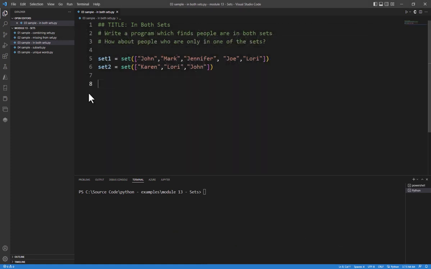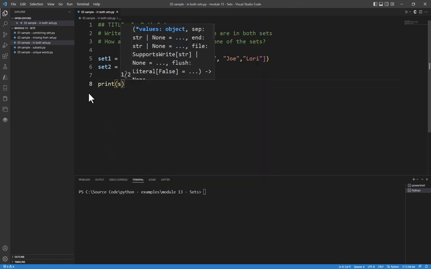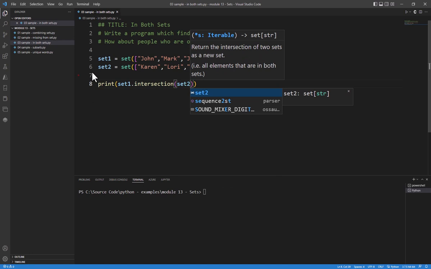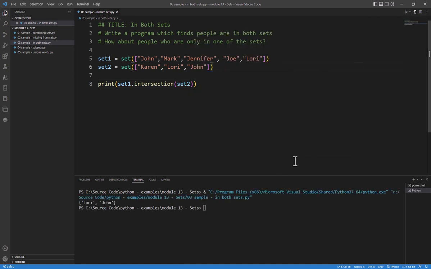Alright, so the first thing I want to do is find people that are in both sets. This is known as an intersection. So I'm just going to print this out and say set1.intersection(set2). When I run this, I'm going to see that both Lori and John are in both my sets. So the intersection is a great way to find where I have two or more sets that have overlapping